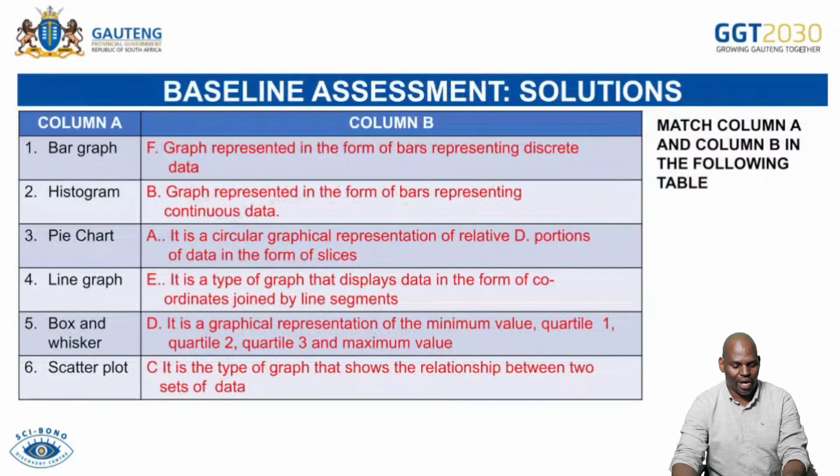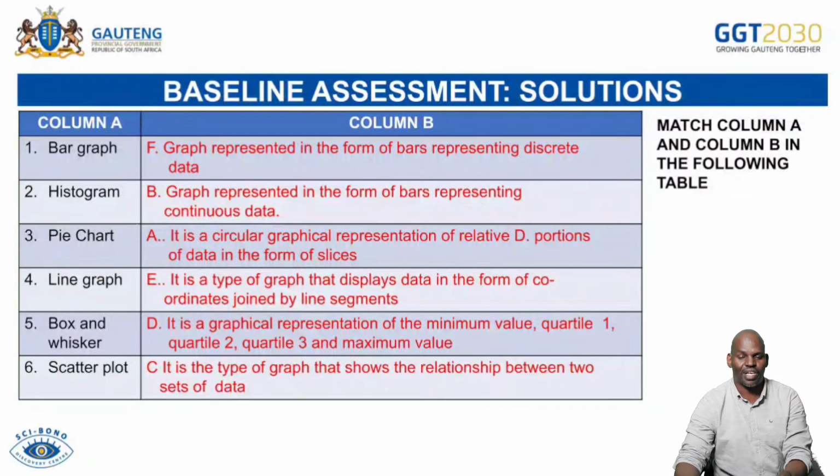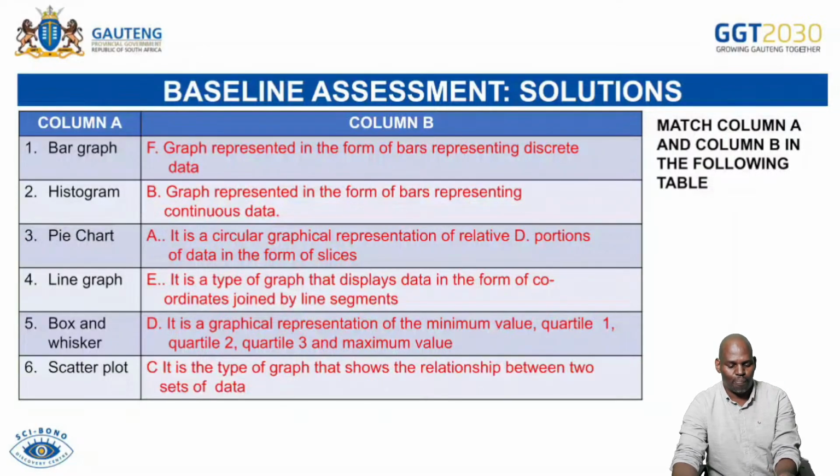And then, of course, the third one is pie chart. So for number 3, you were supposed to indicate letter A next to it. A pie chart is a circular graphical representation of relative portions of data in the form of slices. Then for number 4, you were supposed to write letter E next to it, which is the definition of line graph. What is a line graph? It is a type of graph that displays data in the form of coordinates or points